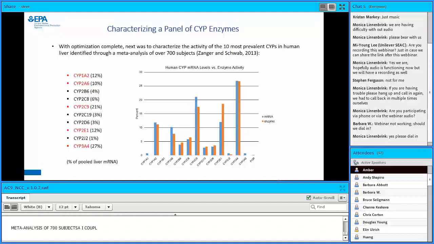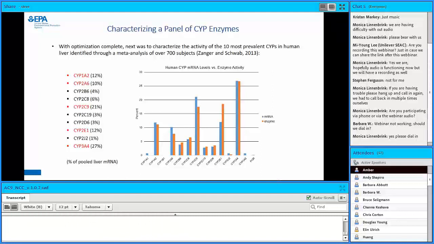One question we had internally was whether we should base our mRNA composition, if we were to pool a composition to make it look like human liver, on enzyme activity or mRNA levels. Testing human liver and seeing how much mRNA there is relative to one another is one question, and measuring enzyme activity is a different question. But as you can see from the graph, all pulled from that paper, it almost doesn't matter which, because the rank order is roughly the same and the ratios are roughly the same. But for this project, we stuck with the mRNA